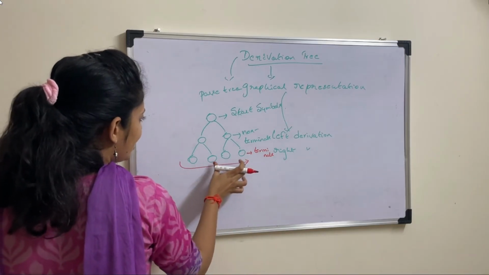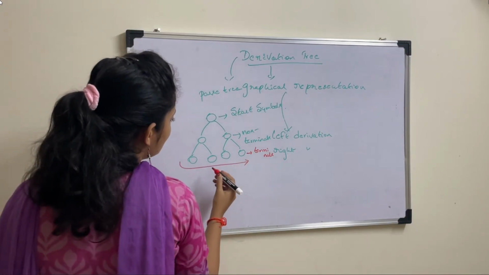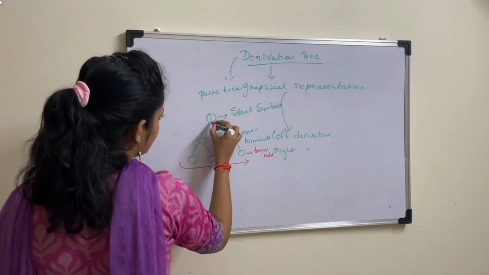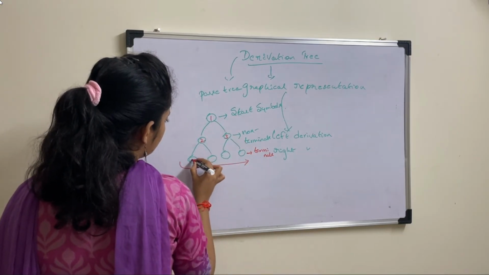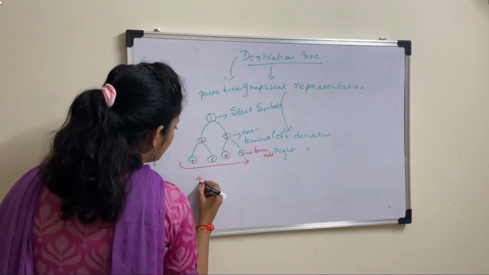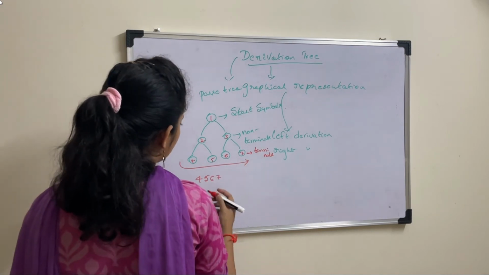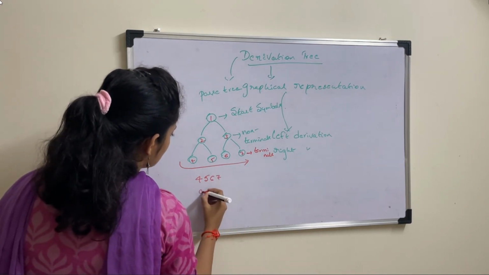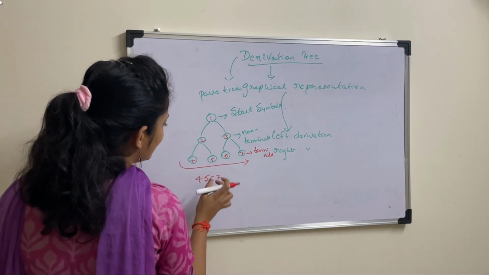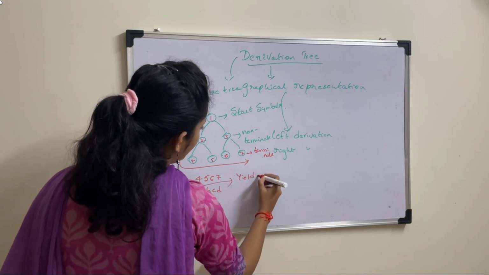So if we concatenate leaf nodes in the given tree, then it gives you a string of terminals. So say suppose I have a tree like this, 1, 2, 3, 4, 5, 6, 7. If you concatenate them, you will get a string like this, 4, 5, 6, 7. Or else you can have a string in the form of alphabets also. So A, B, C, D. Like that. So that concatenation, or this string of terminals, is called the yield of the tree.